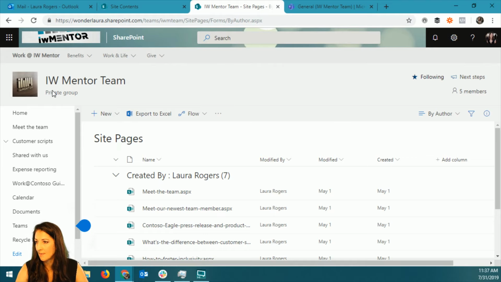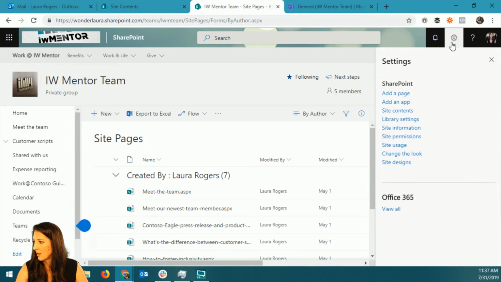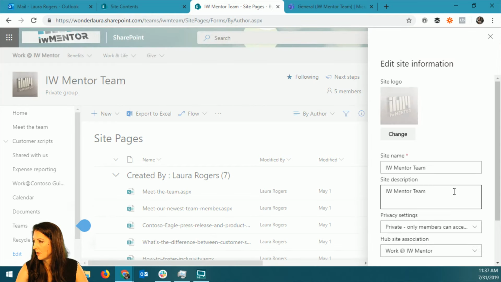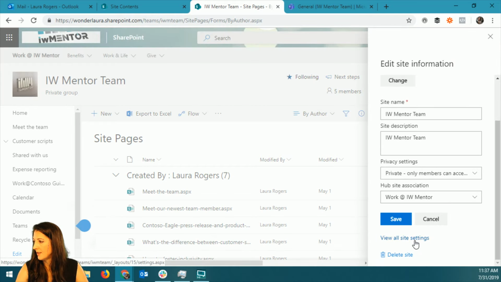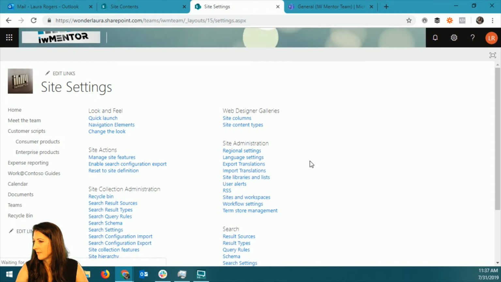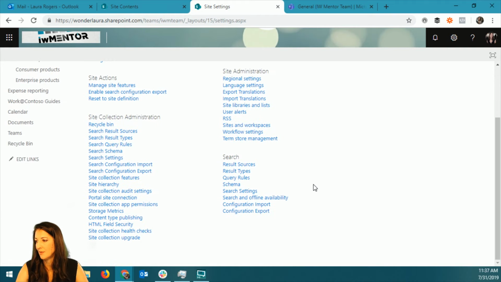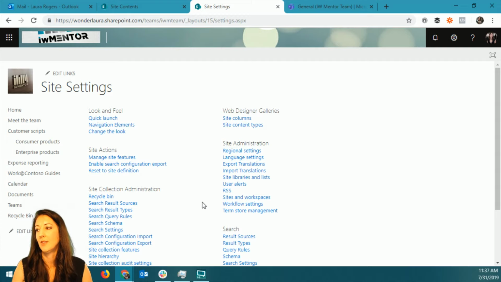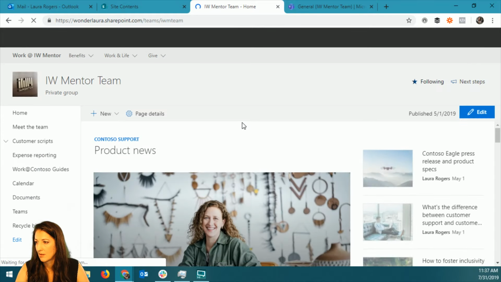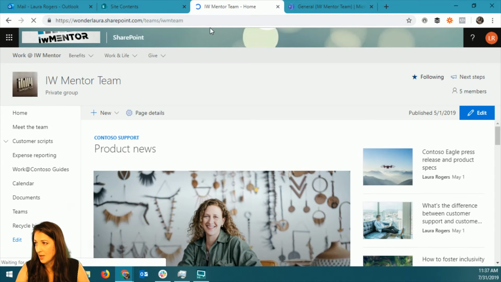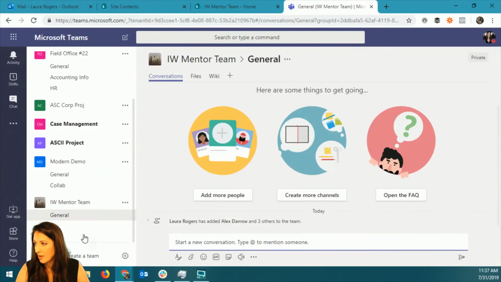So, I'll go to my group settings in here. Let me go to my site information, site settings. See, this is not what I was looking for at all. This is not going to have anything about the connectors in here. All right. So this is team/IWM team. And this one is